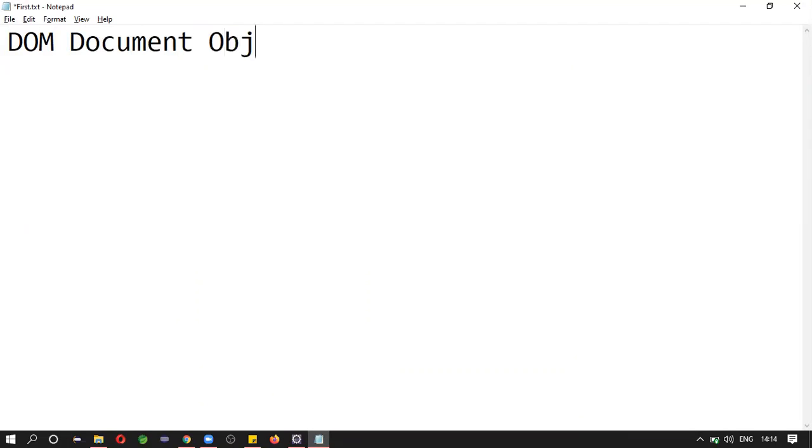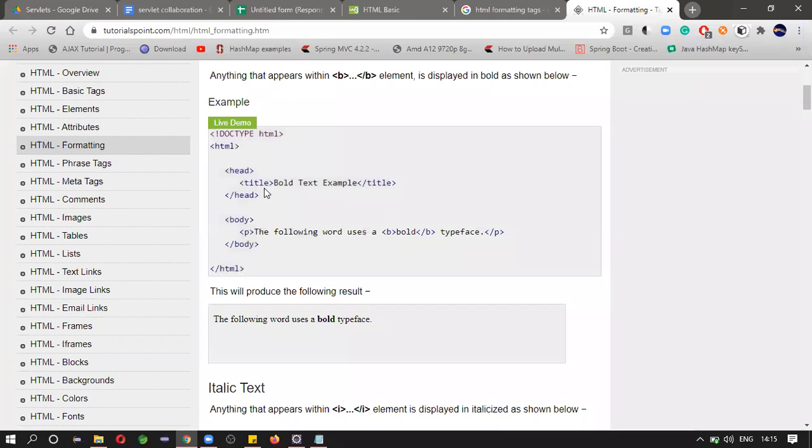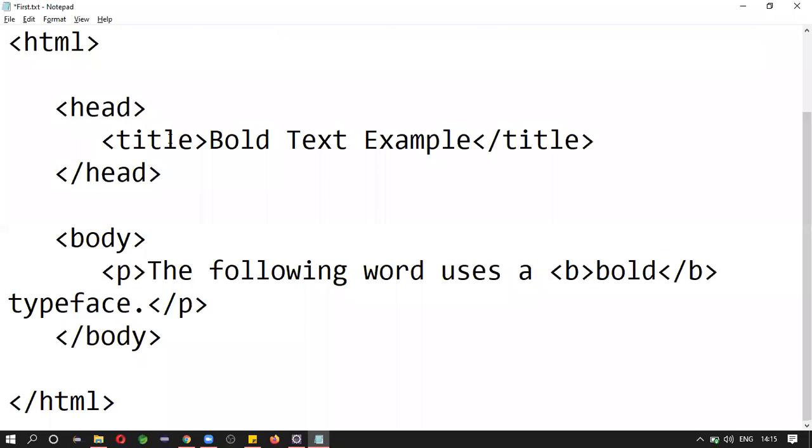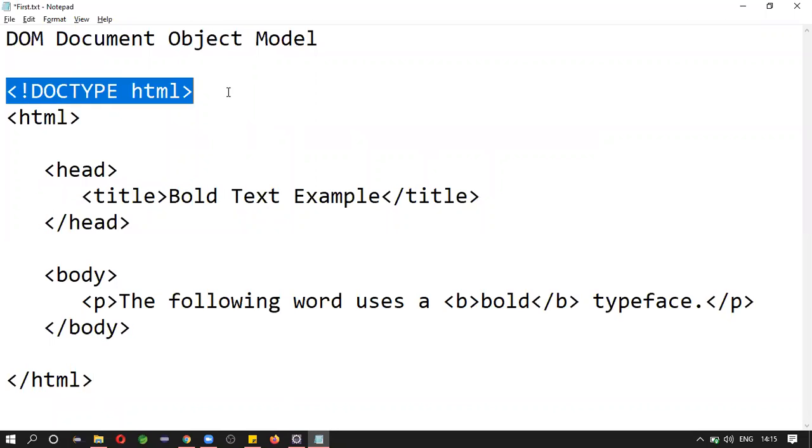Document object model. So, what is the doc model? See, consider, if you see HTML, you almost identify the structure of DOM. Okay, let me paste this here. See, from here itself, this is the first tag. It doesn't need any ending tag.